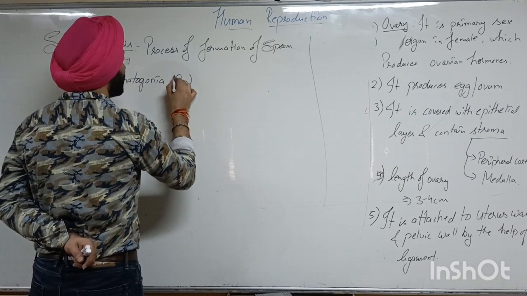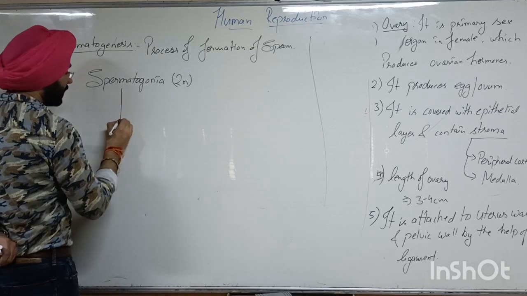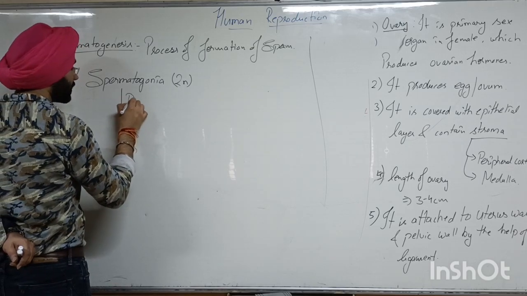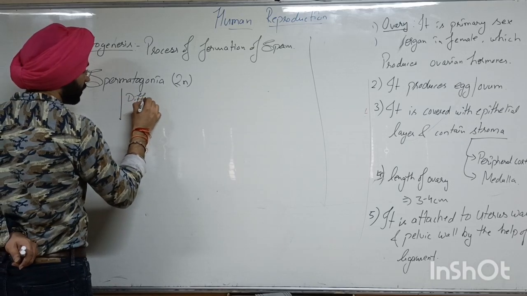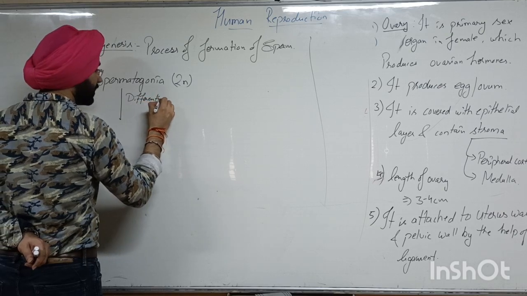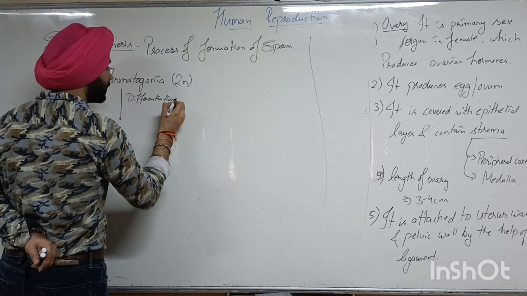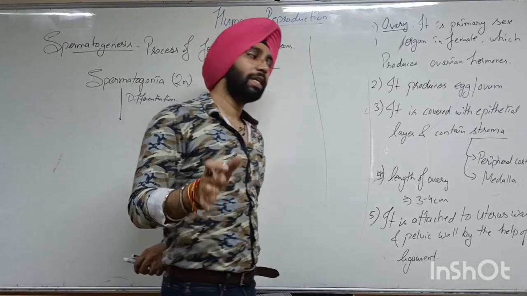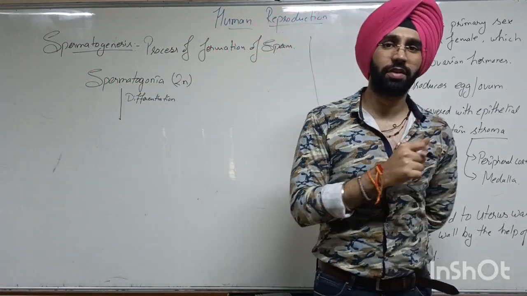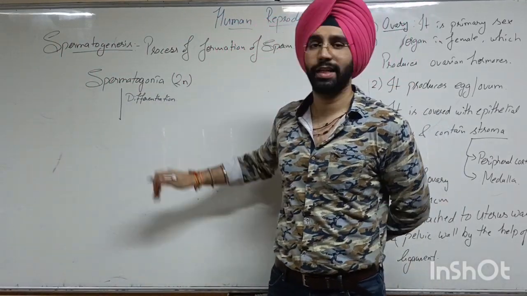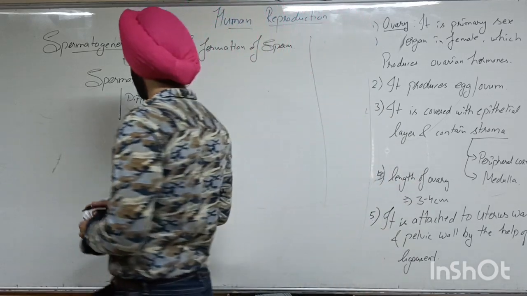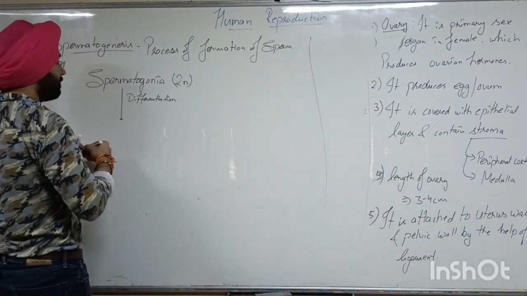The ploidy of that cell is 2n. So after differentiation and mitosis, differentiation means that spermatogonium goes through a further process which will change these cells and convert them into something else. And the cell division,